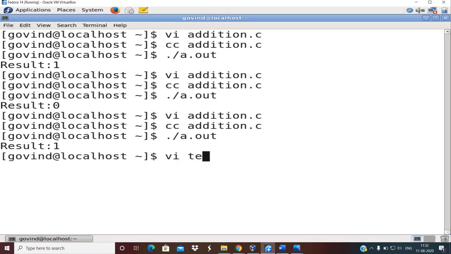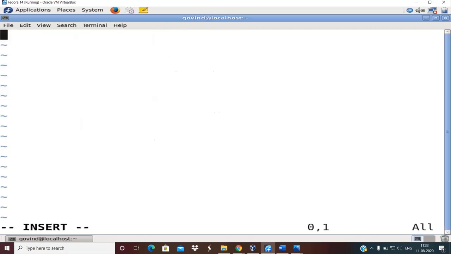Okay, so I'll just use a separate name for that, ternary.c. So this will be the last aspect of today's session. Okay, more on decision making constructs, which is if else and other looping constructs, that will be covered in tomorrow's session. Okay, right. So I will now try to write a program which displays whether a number is even or odd using the ternary operator. Okay, and there we will see how to use those relational operators.